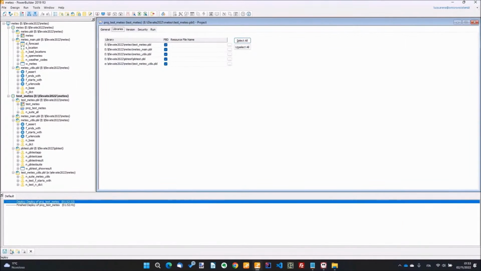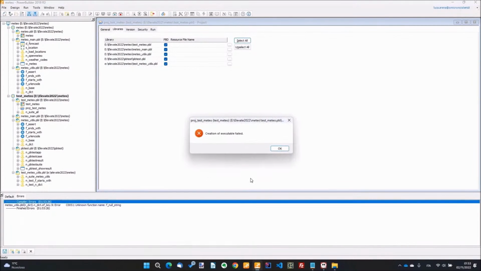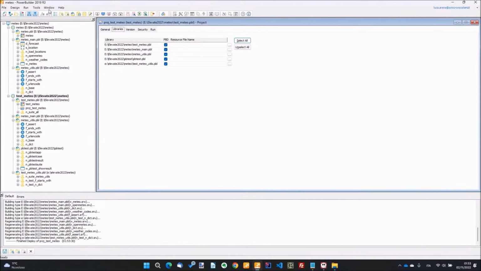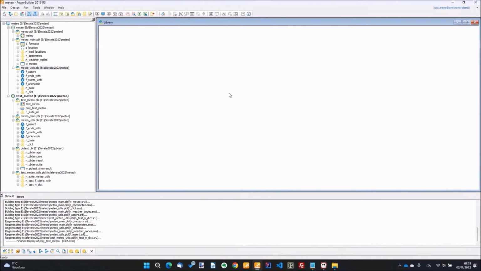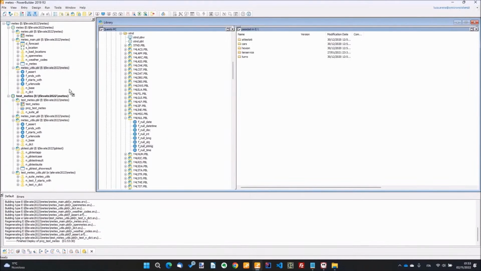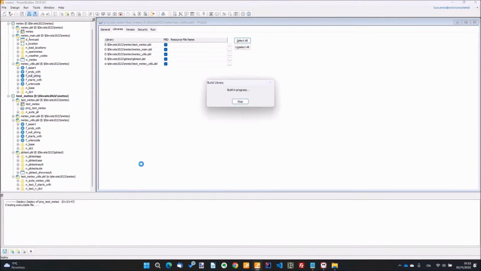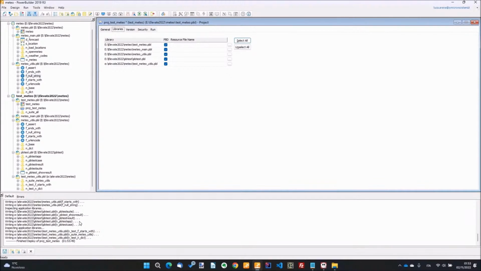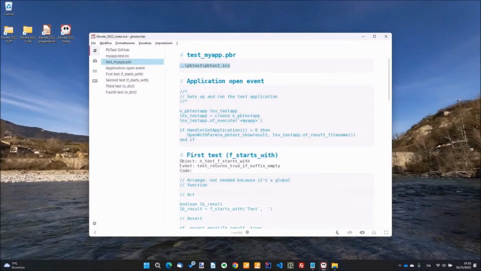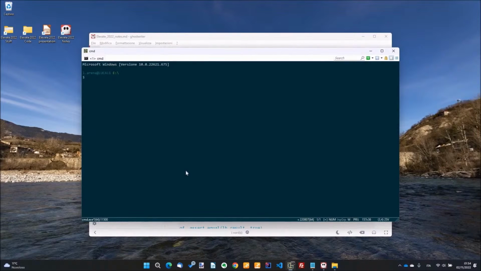Okay. Deploy. Okay. I'm missing a function. This function that I used here is missing. Okay, so let's deploy again. Perfect. Save and quit PowerBuilder. So now if we go to the directory,